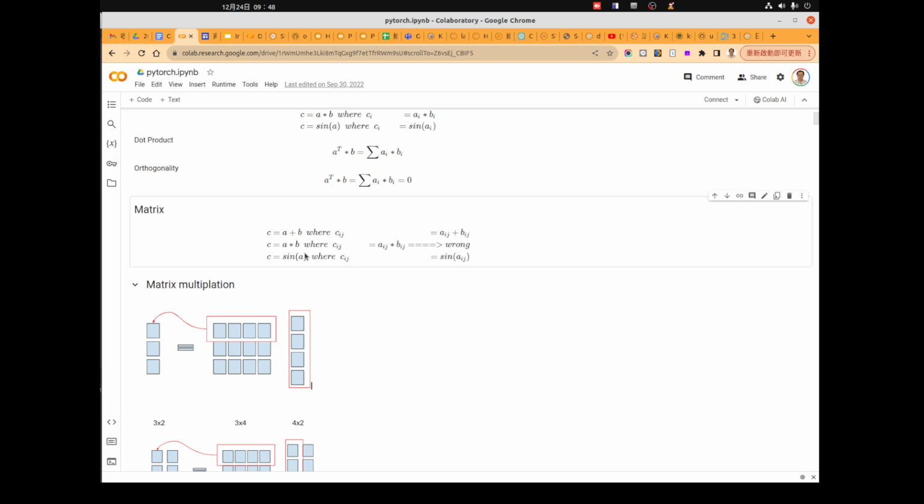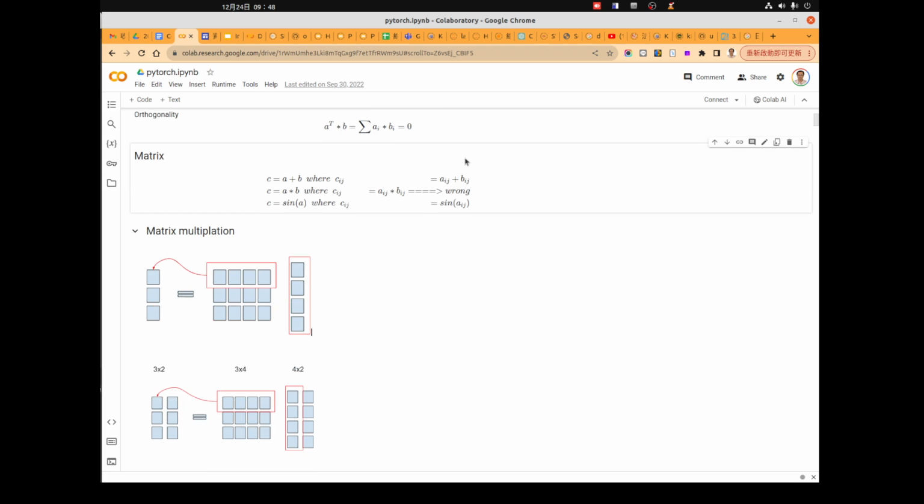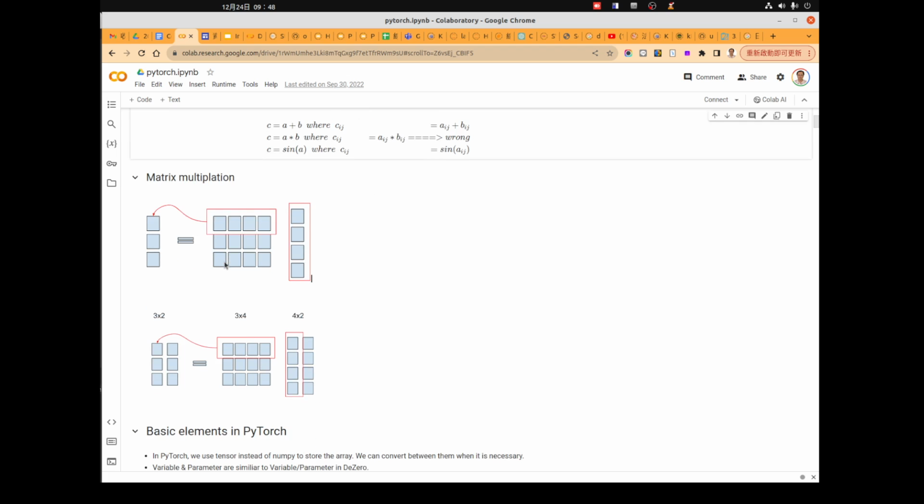For the addition and for the function, they are the same. You just write the subscript ij to access each element, and apply the function or apply the product or addition between the elements, an element-wise operation.